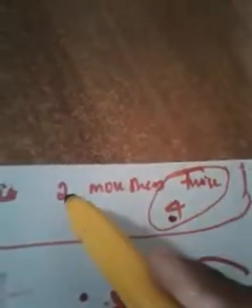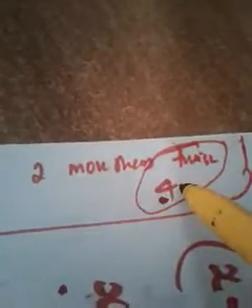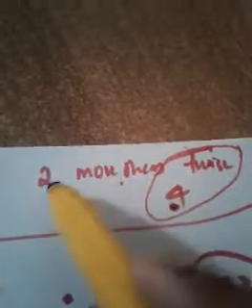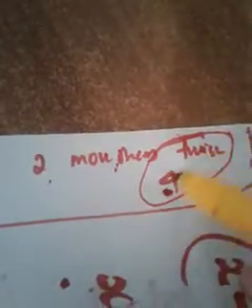Otherwise, twice 4 means 2 into 4. What is 2 into 4, or double of 4? 8. We got 8 here, no? Then 2 more than 8. 2 more than 8 means 2 plus 8. I told you, more than stands for plus. So 2 plus twice 4, I got it as 8. So 2 more than 8 means 2 plus 8. 2 plus 8, we will get what? 10. So I can define 10 as 2 more than twice 4.